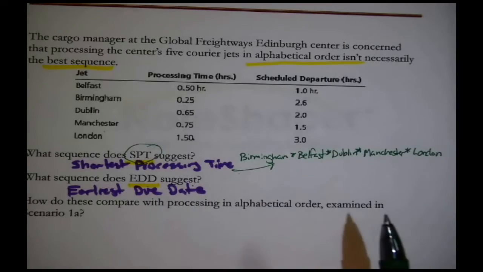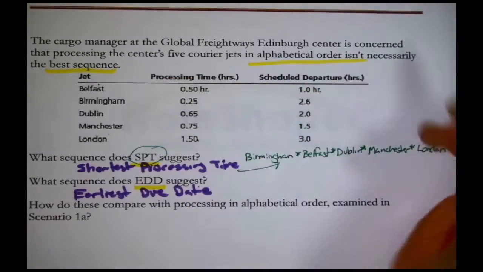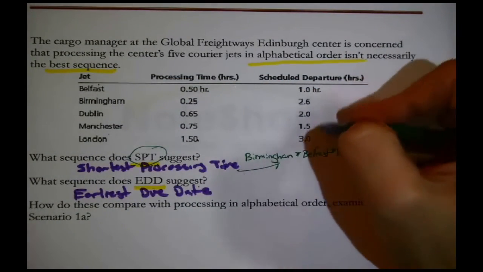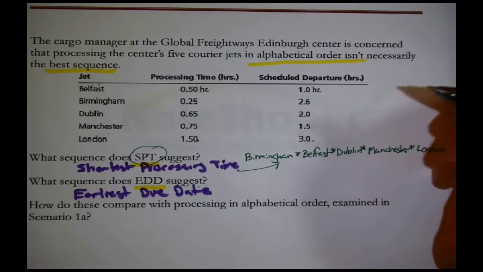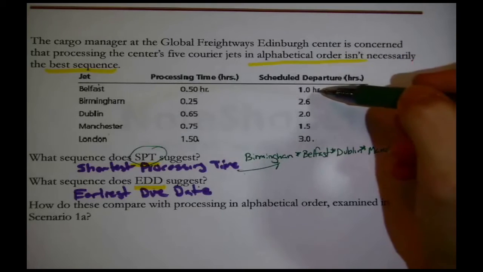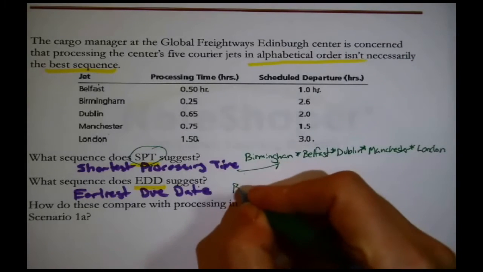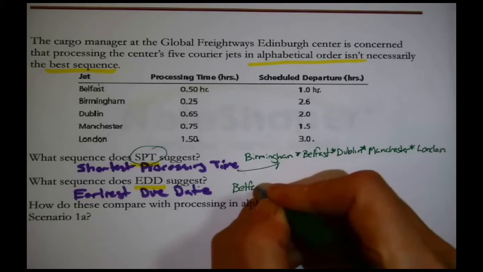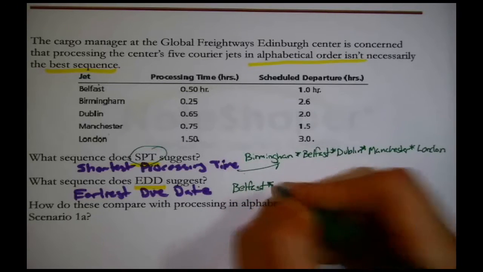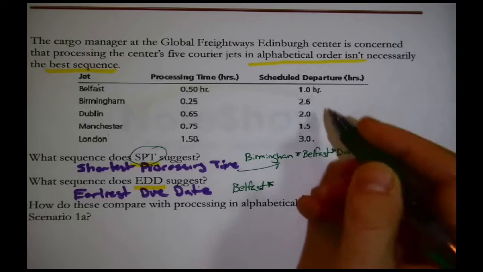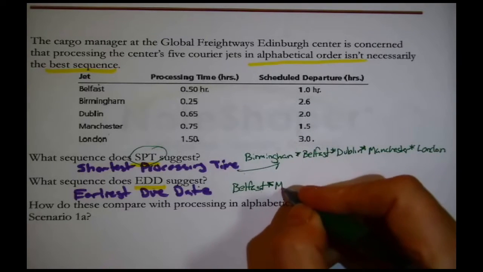Now this one, what sequence does earliest due date suggest? It's a very similar exercise, except you look at the flights and you look at when they're supposed to leave, which is to say, technically when they're due. Okay, who has to leave first? Who is due first? Well, in this case, it's Belfast, the smallest number. That's another way to think about it in that column. Belfast would go to the front of the list. And then who'd be next? Well, Manchester would then move up to second